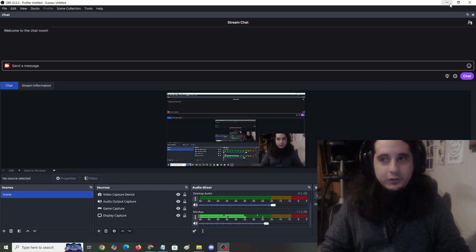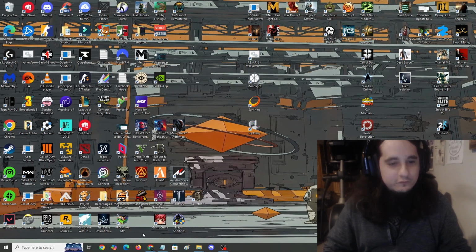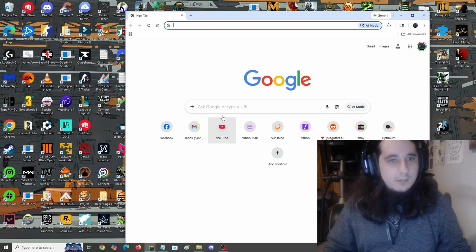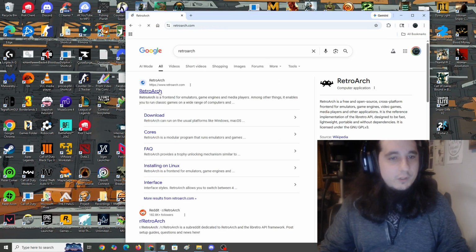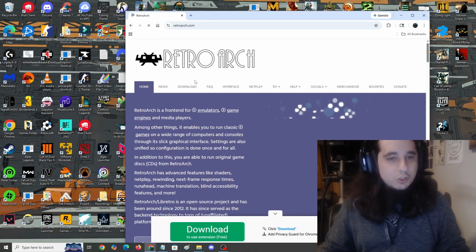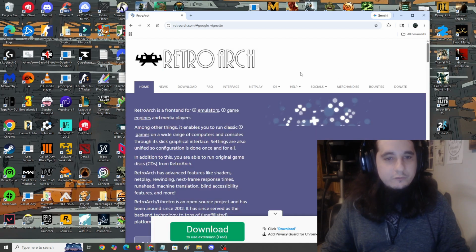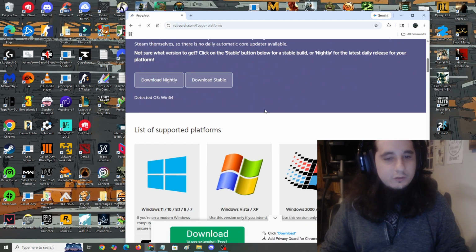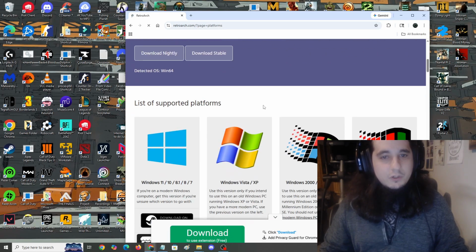The first thing you want to do is minimize this. Go onto the desktop, go here, and type RetroArch. This is the best way to run a ROM. I'm not going to show you where to get the ROMs from, but I'll show you that you can get these emulators for free, and it's for either educational purposes or testing, but we're going to use it for playing a